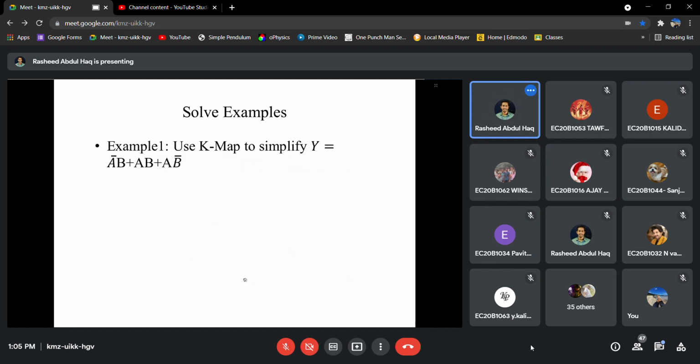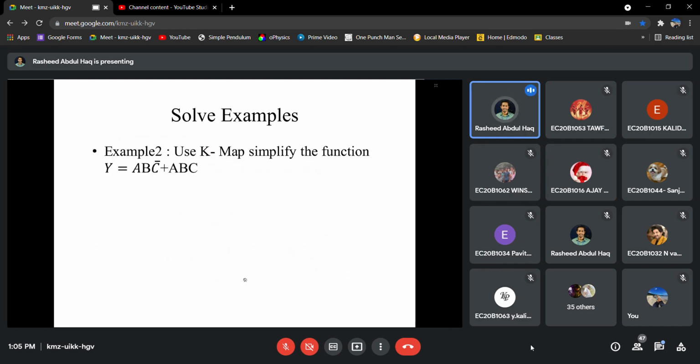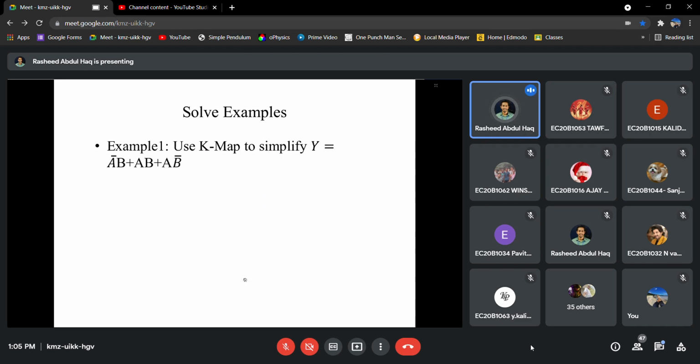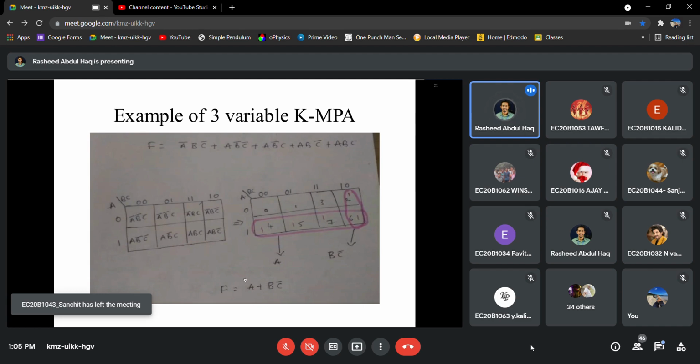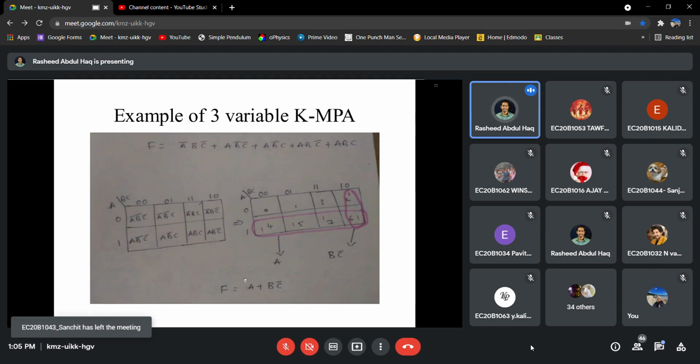Okay. These are the examples that you can write. These three you can solve and send to me just like yesterday. If you have any doubts, clarify them in the K-map, so you can write those three classworks.